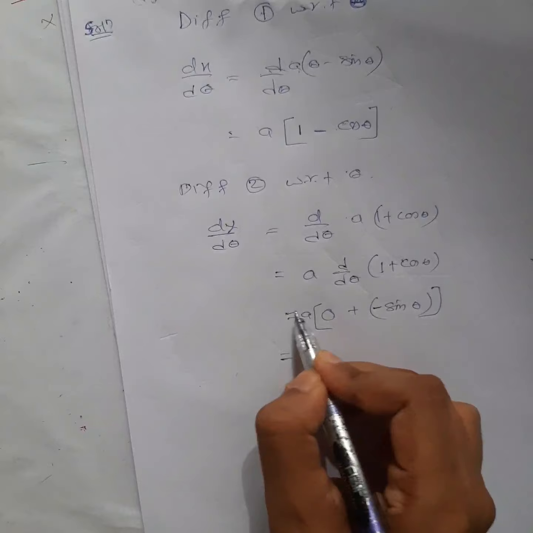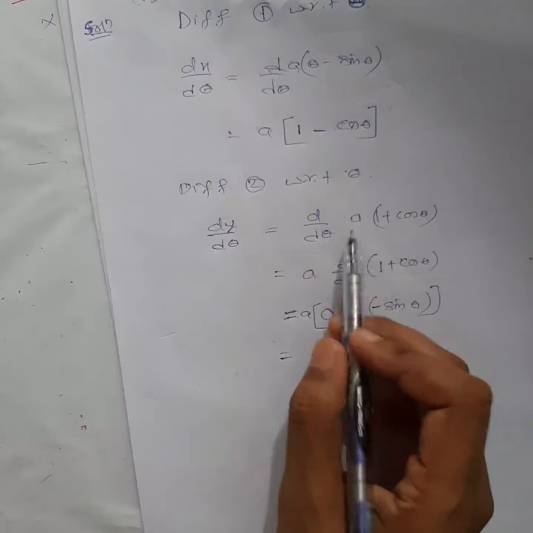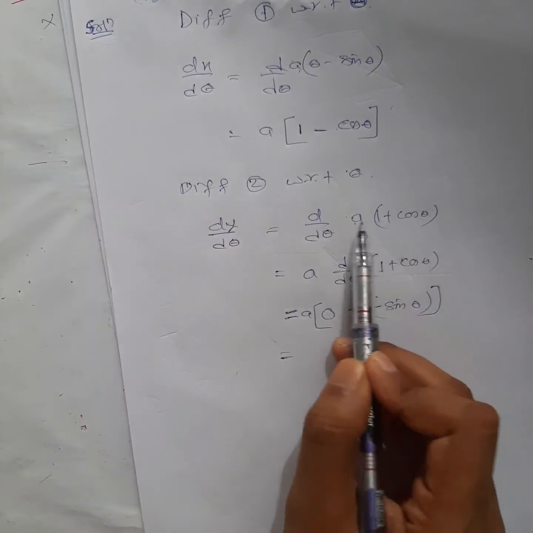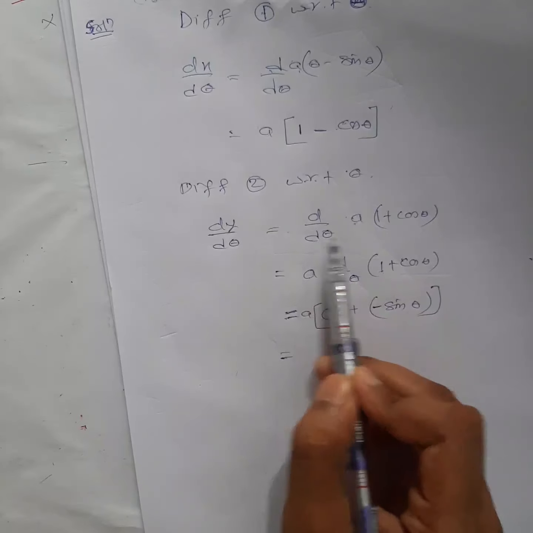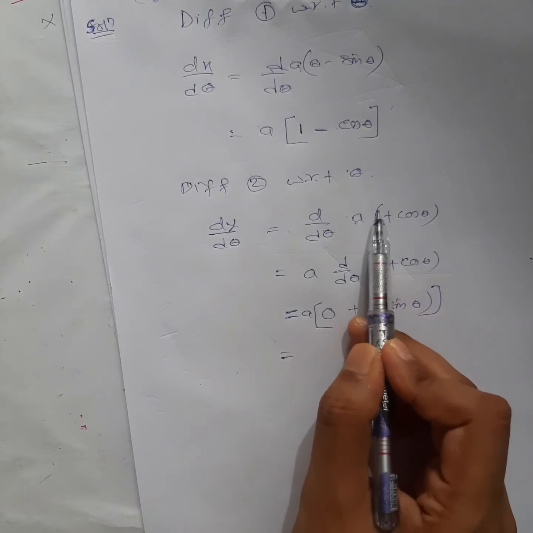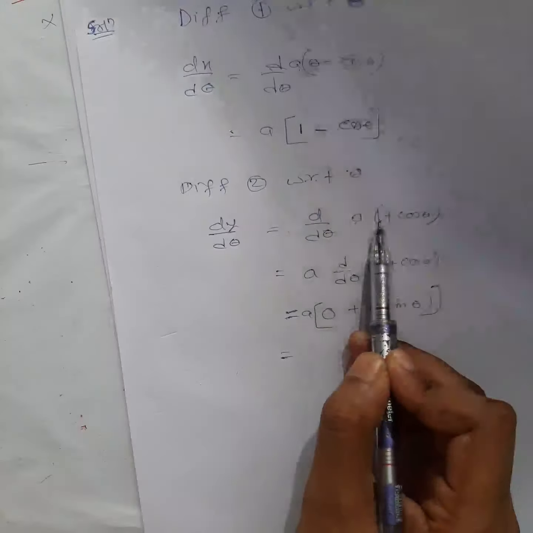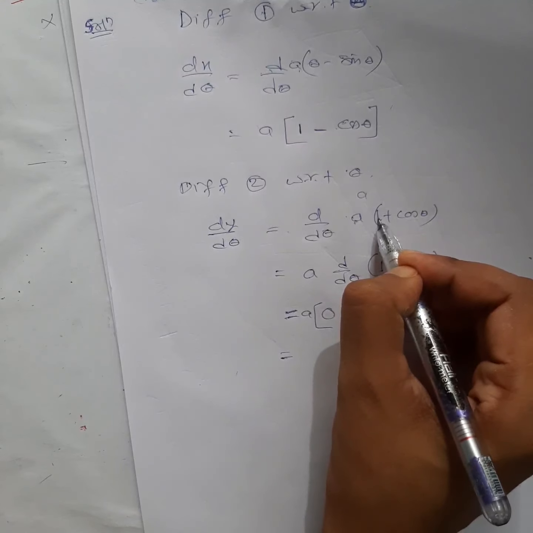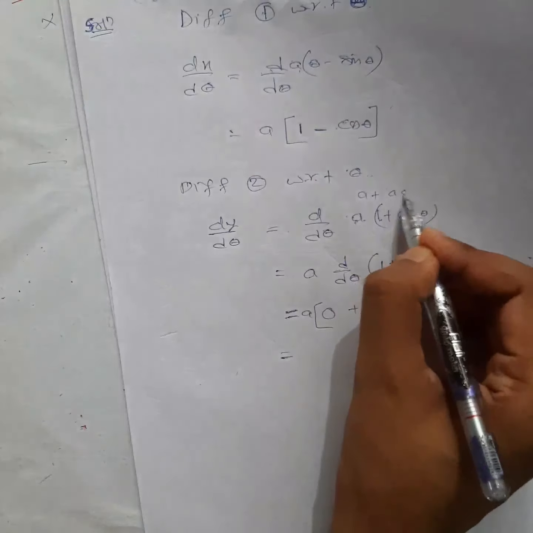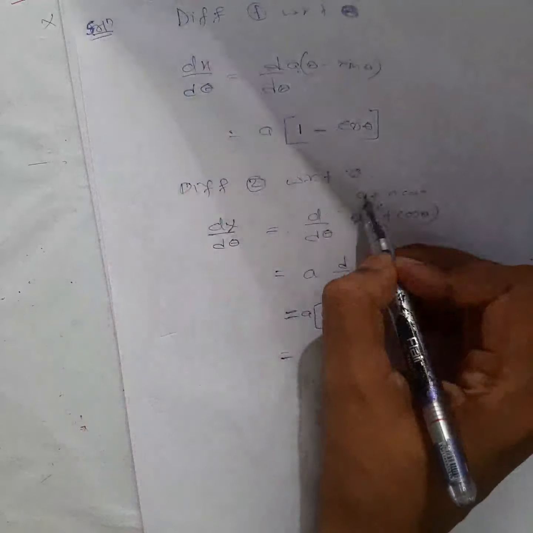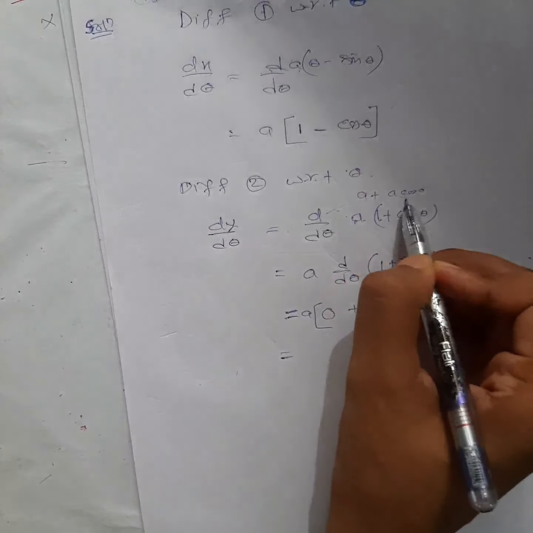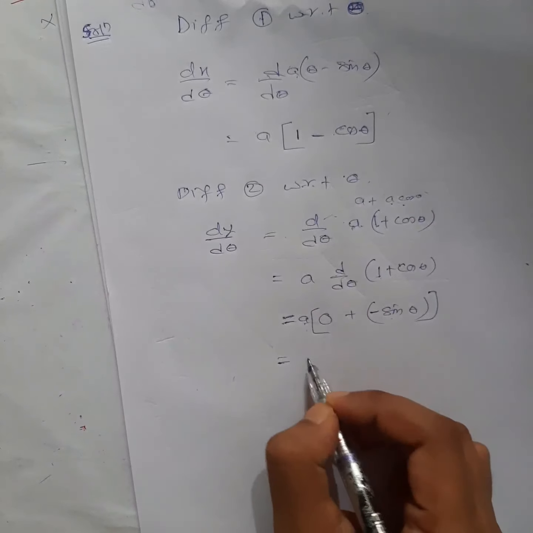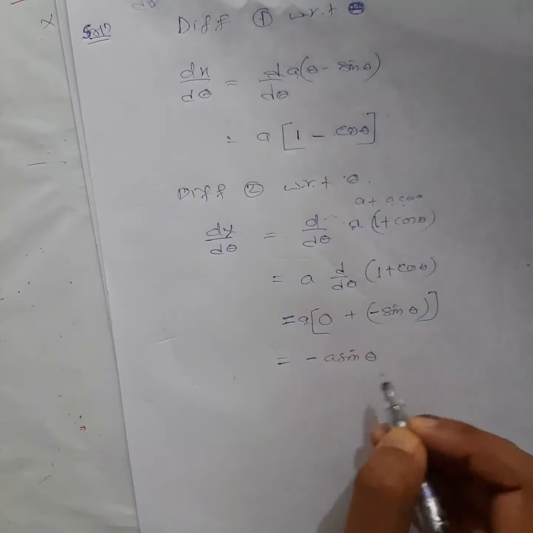So step by step you do it properly. This is the constant we have taken outside. Now you might be thinking that d theta of this should be 0. But this is multiplication with this one, that's why I have taken it outside. Now we differentiate this one separately. If you have confusion like this, you can multiply here only. What you will get is a into 1 is a, plus a into cos theta is a cos theta. Differentiation of a is 0, then differentiation of this one, a will come outside, so you will get minus a sine theta. I hope you have understood.